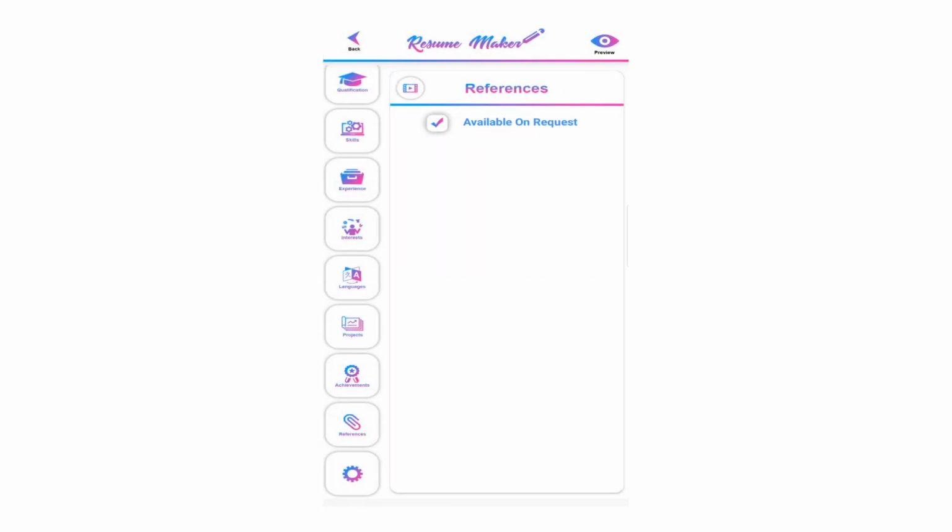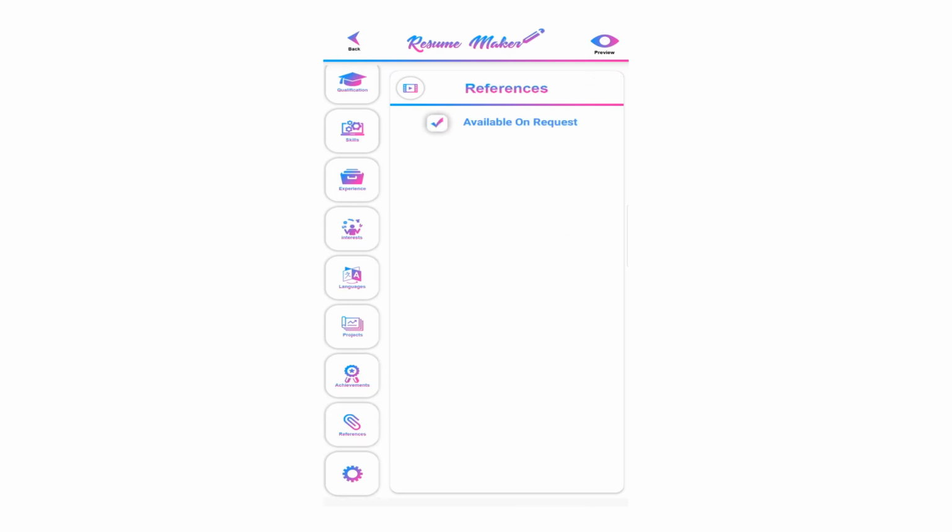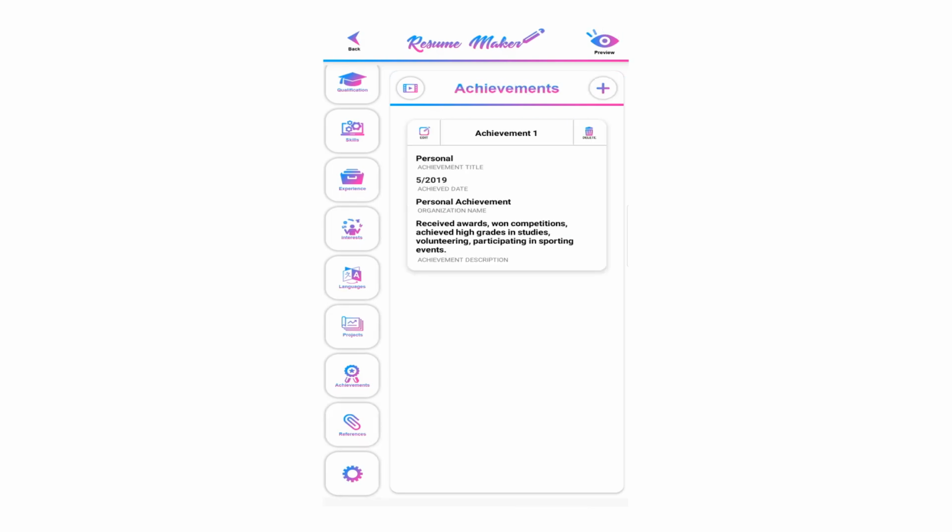Click on Reference to add references. If you have added references but don't want to show them on the resume, uncheck Available on Request. Click on the plus icon and add the references. When you apply to a company, if you have a relative there, you can add their reference in this section. When done adding all these things, click on the Top Animated Eye